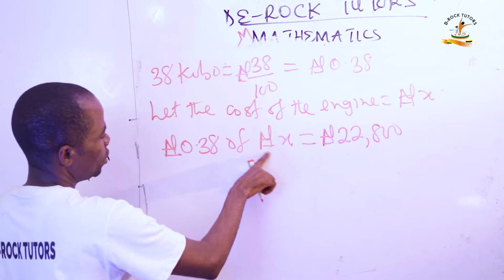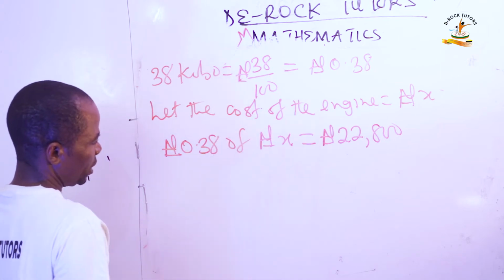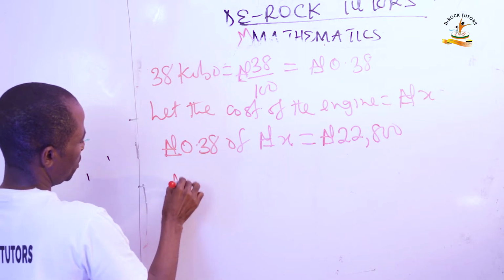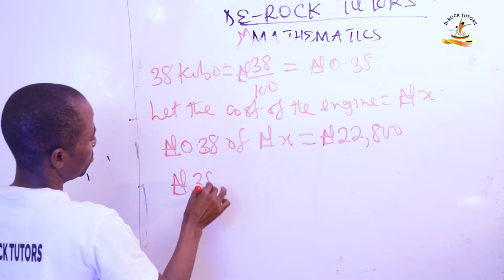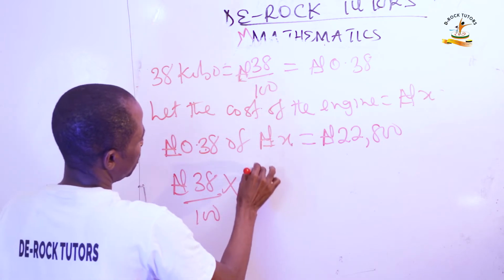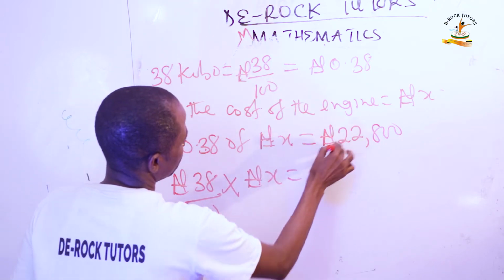We know that "of" symbolizes multiplication. So we can write this as 38 over 100 times x naira